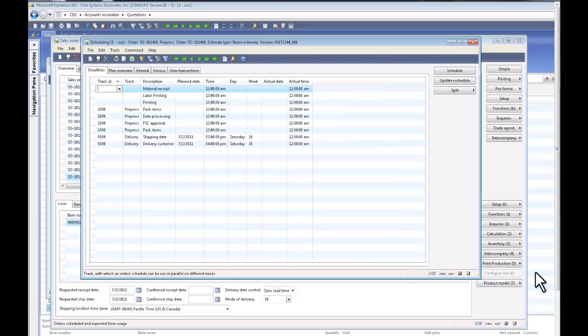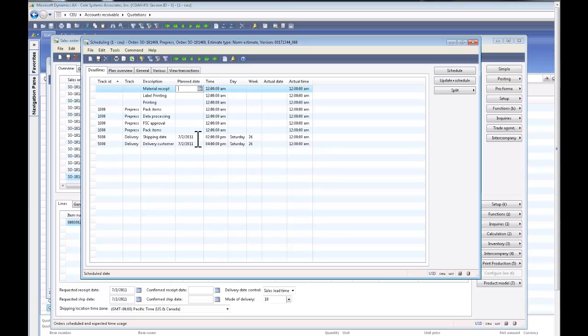The scheduling form opens up with the deadlines tab. Deadlines are processes that are date or delivery controlled, meaning I can either start backwards or start forwards by putting the planned dates in the appropriate lines. In this case, I'm going to backward schedule, and when I put in my date and hit scheduling, the system